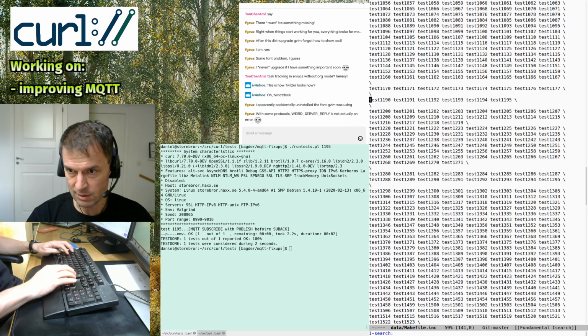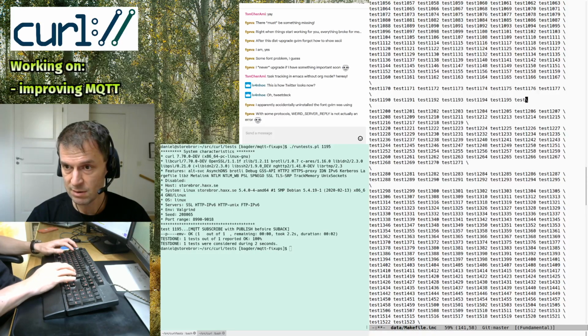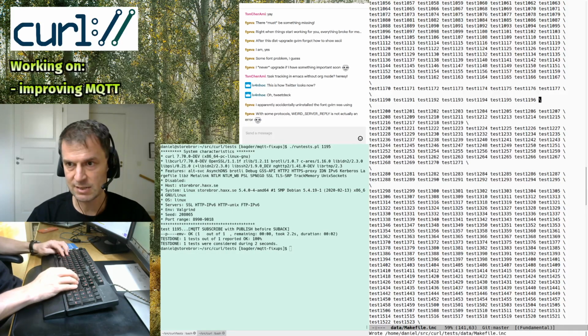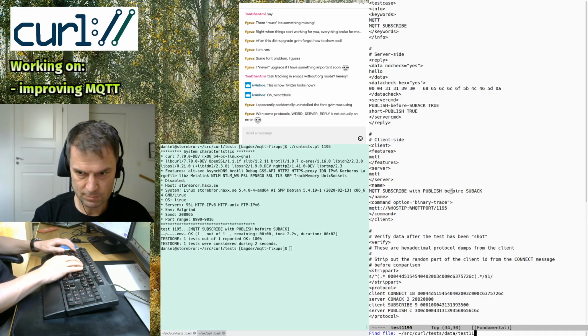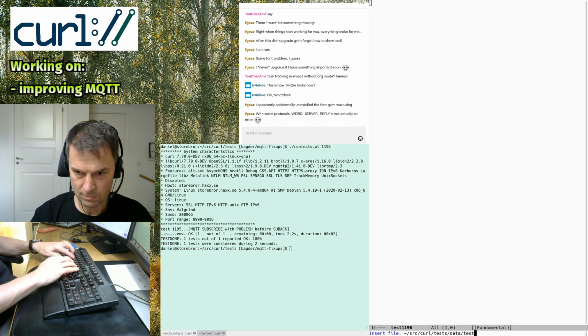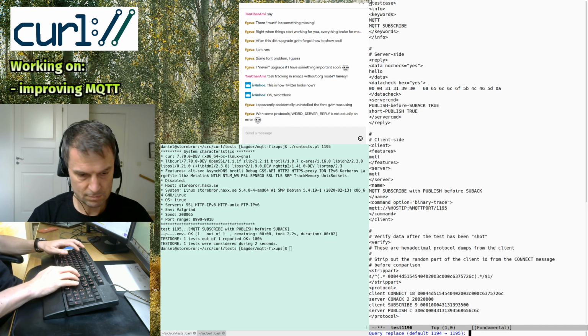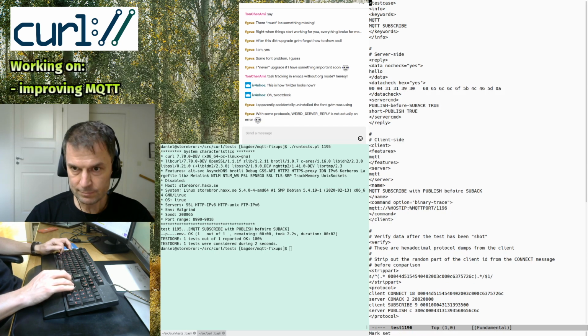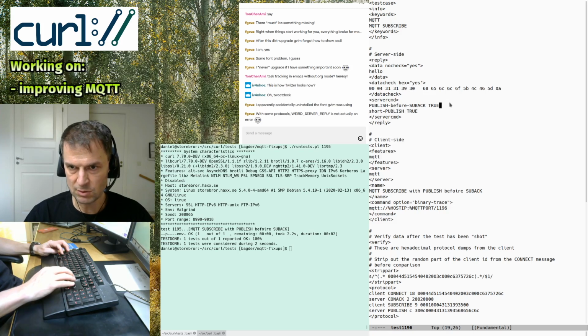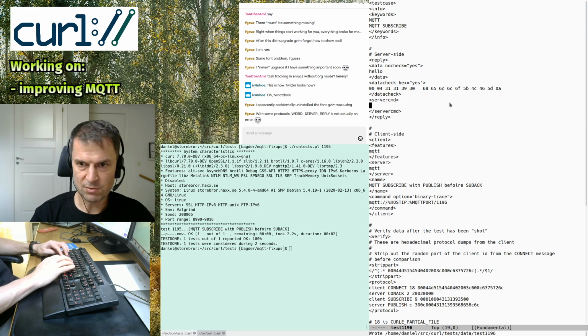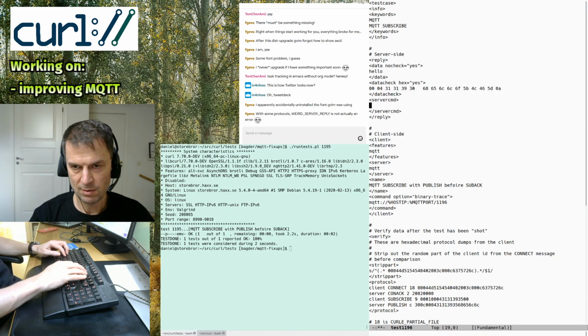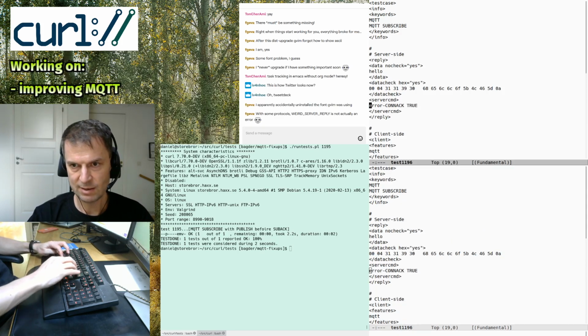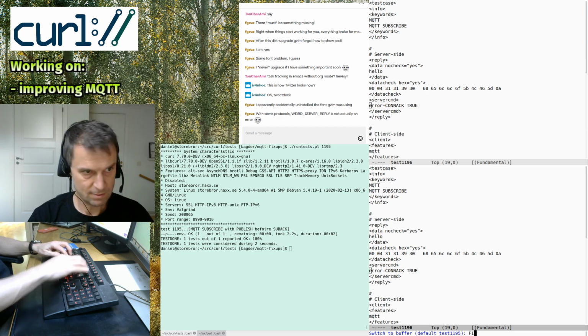How many can I do in this number series? All the way up to 1200, at least 96. So I copied 1195, and I'm going to not do those instructions. I'm going to error connack. Basically sending back